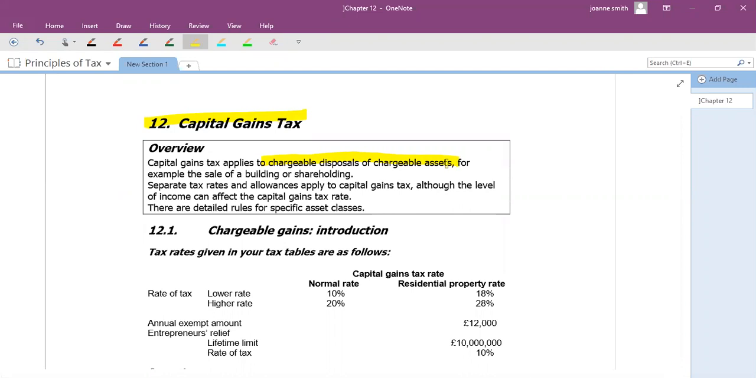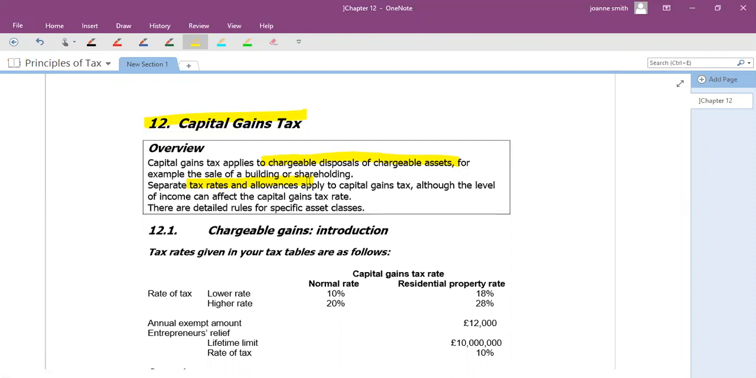And what it does involve is that there are different tax rates and allowances that apply to capital gains tax, so it is different to income tax. We do need to consider what the level of the income is, to consider what rate it is, and often we need to think about what type of gain it is to consider the rate. So we're going to look at all of this in this chapter, but first of all, let's think about what